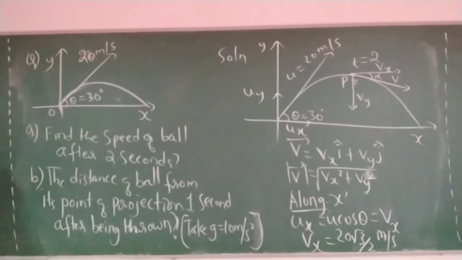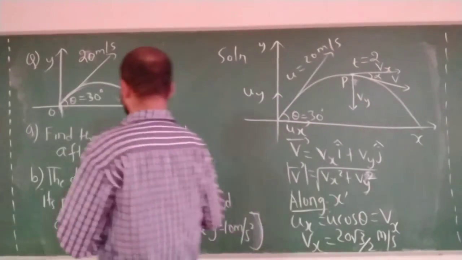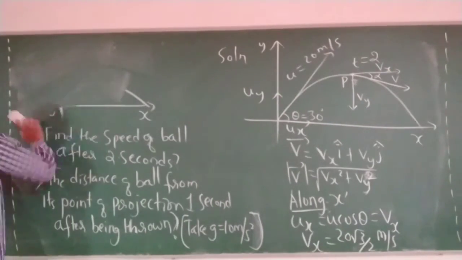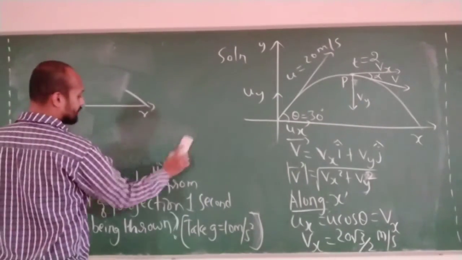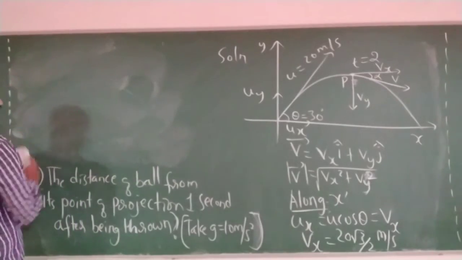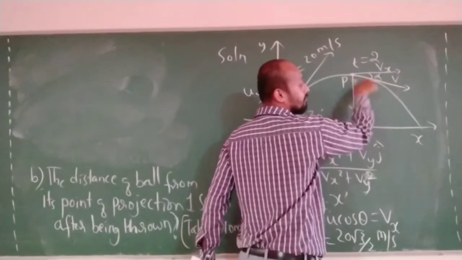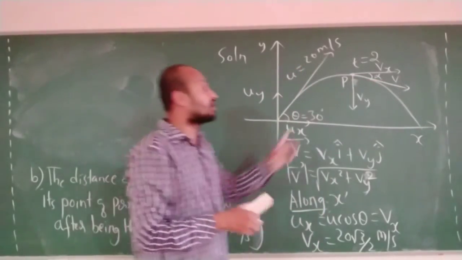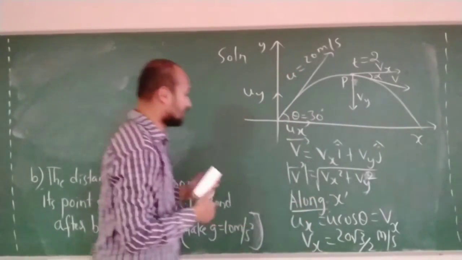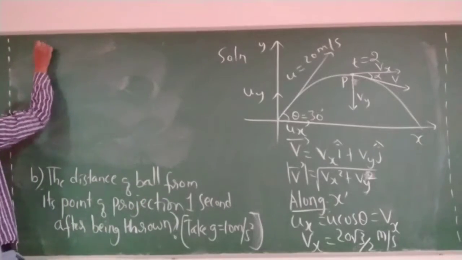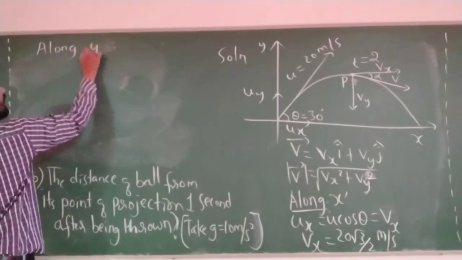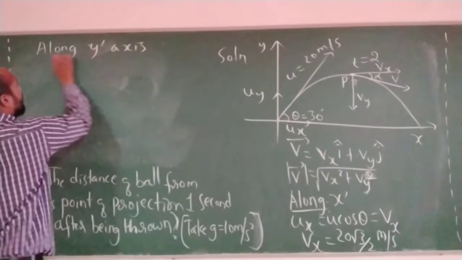Correct, no? Let us find the value along y. So I am going to rub this. First question, and I am going to rub this. You have to write the question. The question is: find the velocity after time t is equal to 2 seconds, and I am taking that velocity at this point, 2 seconds now. I will write along the y-axis. Along the y-axis, observe, forget about x.